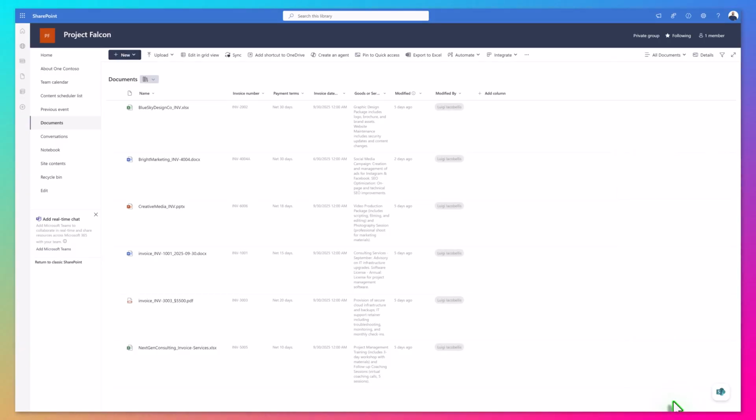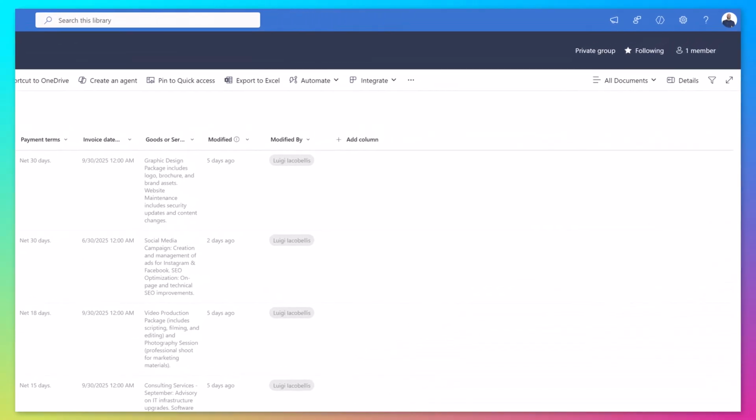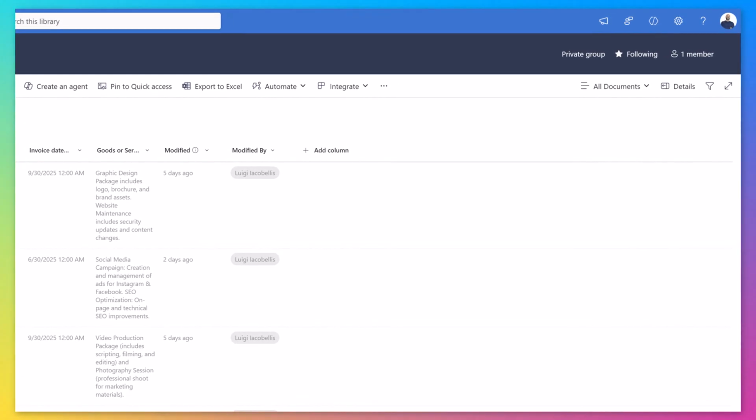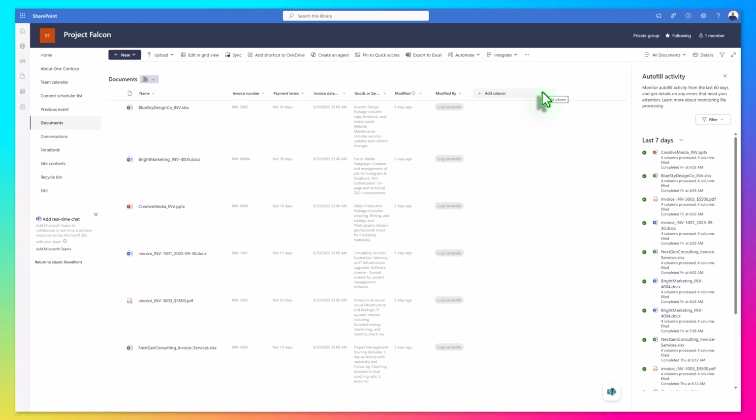Note that you can also check the activity status of your autofill columns to see if there were any issues or errors during the data extraction within the last 60 days. To do this, click on the More command, click on Autofill Columns, and then click on View Recent Activities. In the side pane that appears, you can filter the results by the date range or the failed status to